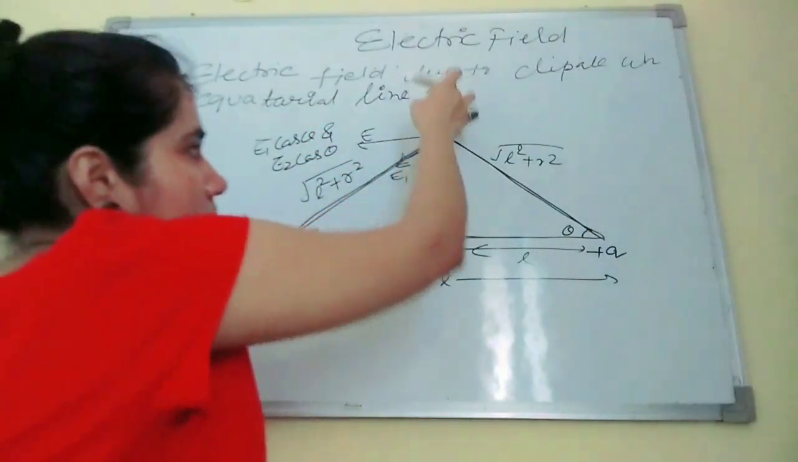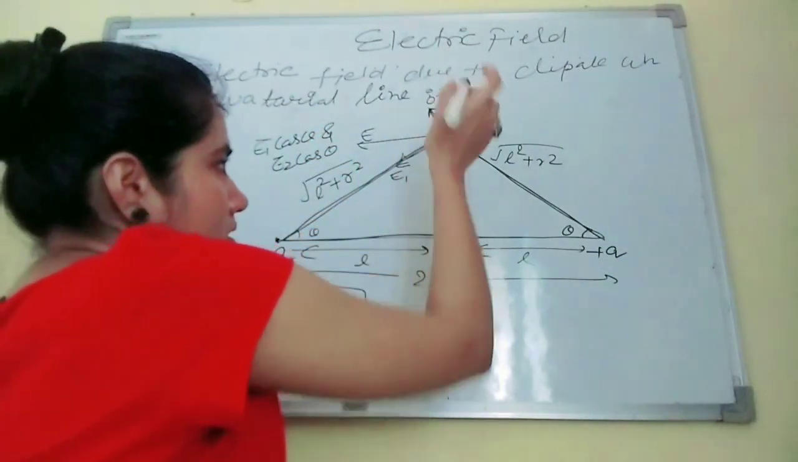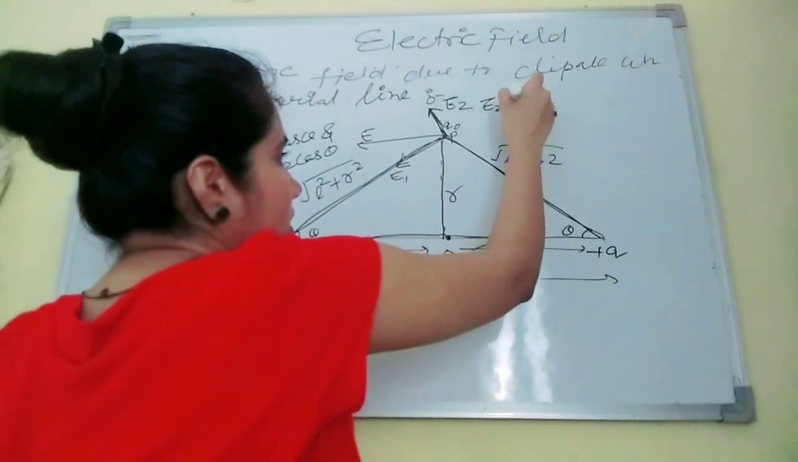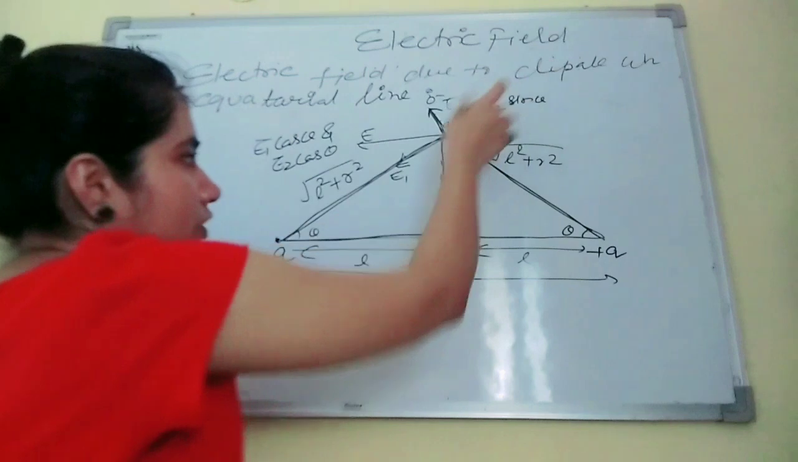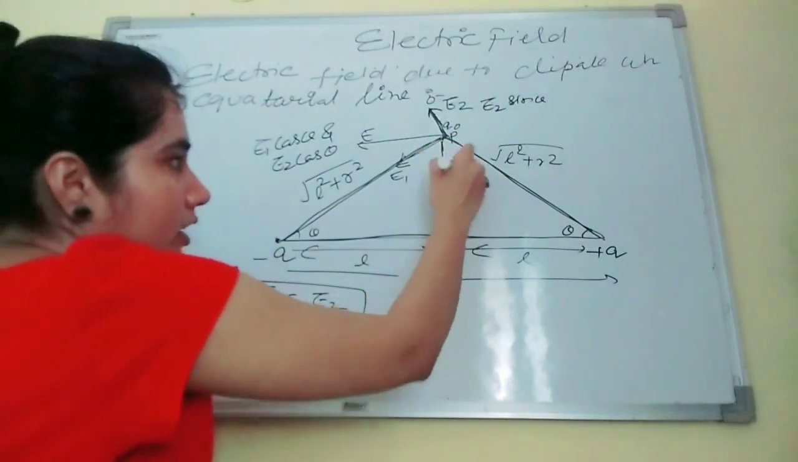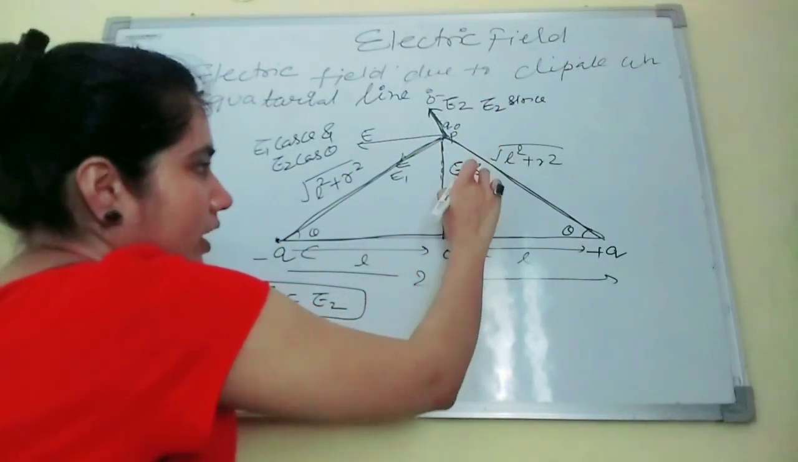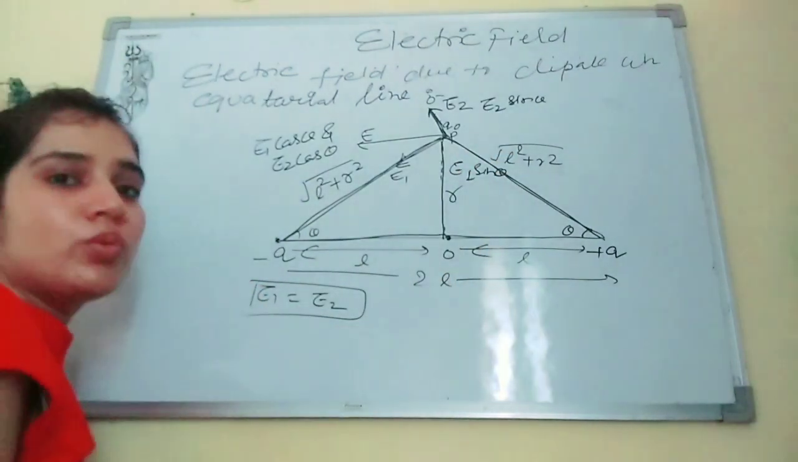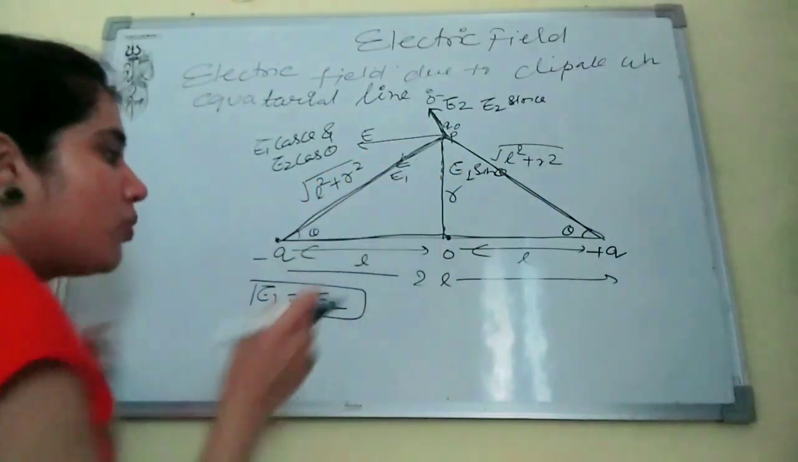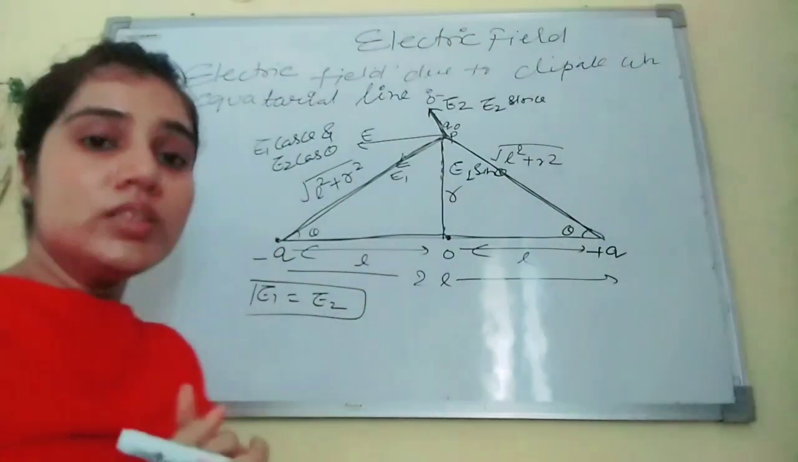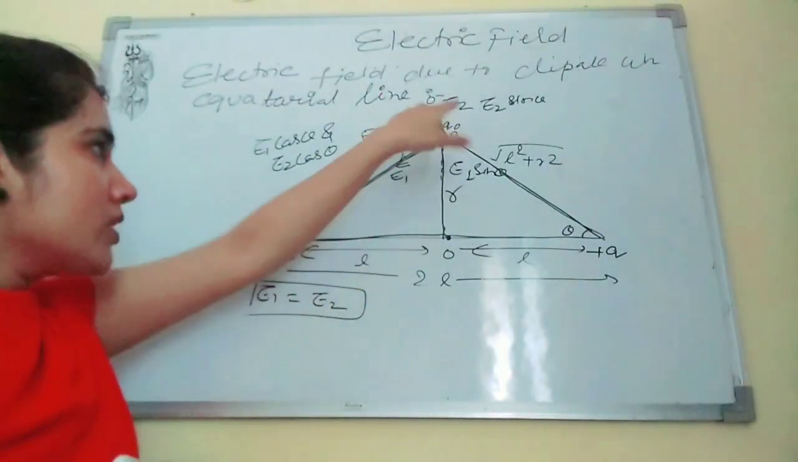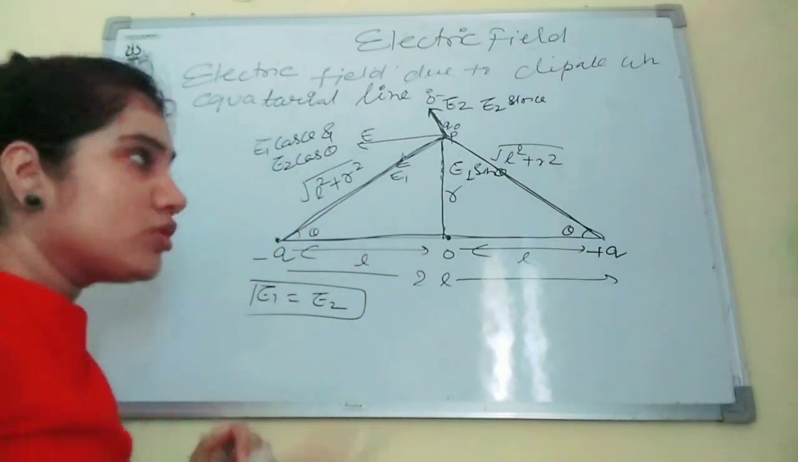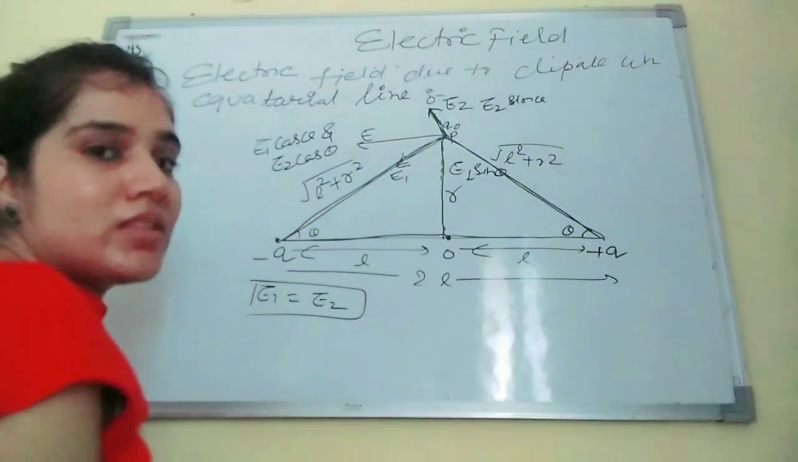And in this axis the component will be E2 sin theta, and in this it will be E1 sin theta. Now E1 is equal to E2, so in this axis both components are similar but in opposite directions. One is in the upward direction and one is in the downward direction, so both components will be cancelled out